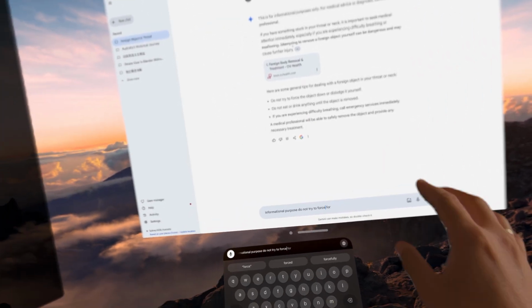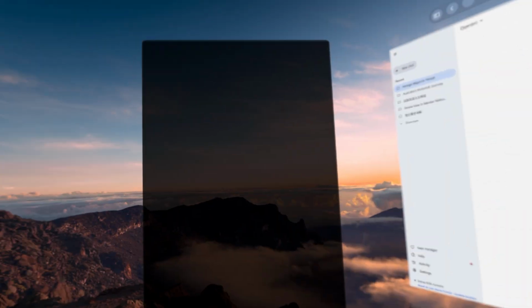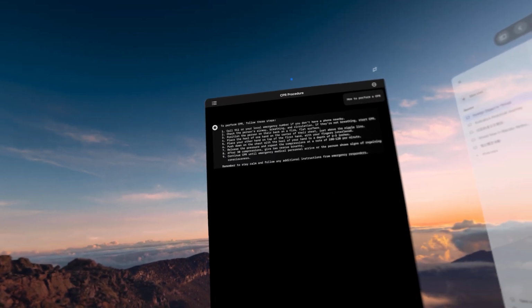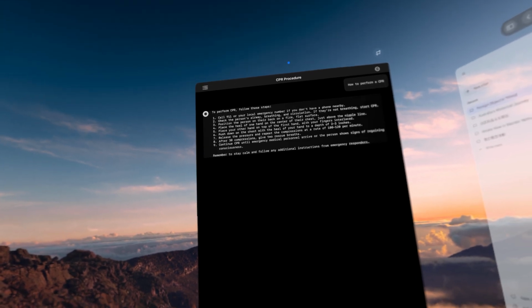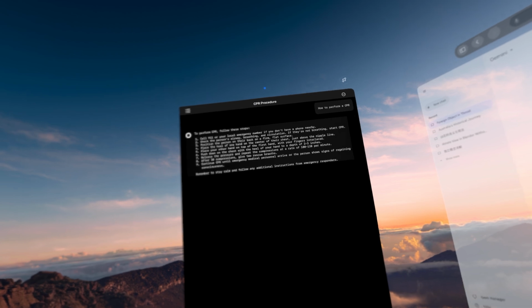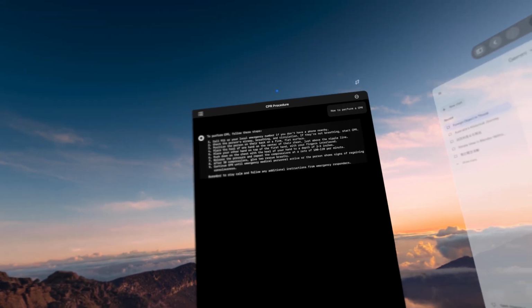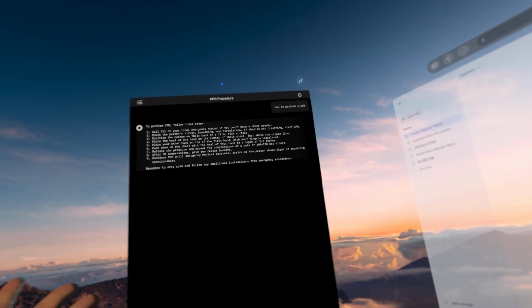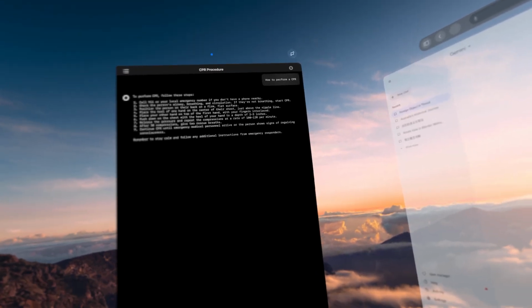The AI will try to help call 911, check the person's airway, position the person on a flat surface, place the heel of one hand and push down. So this is like the basic knowledge of CPR, which I don't know, but if I have the AI offline, I can find out more about it.